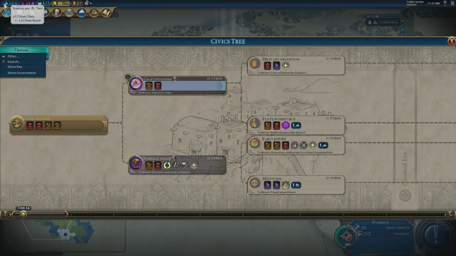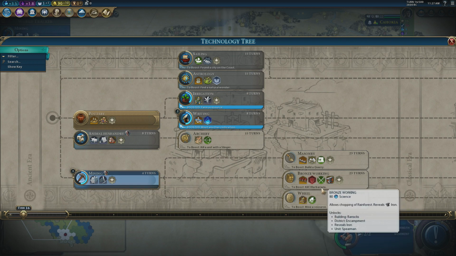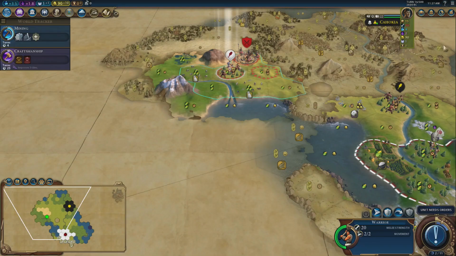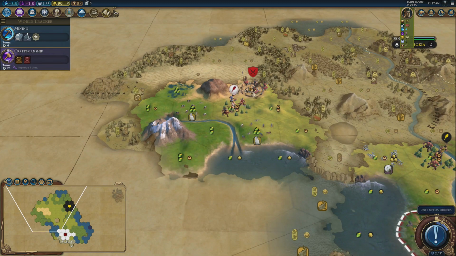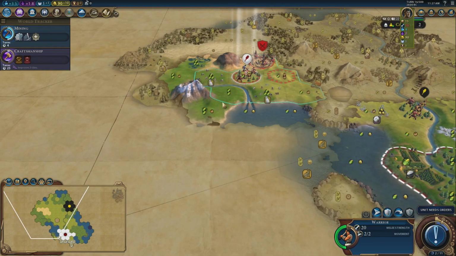Clear a barbarian outpost for military tradition, so you do want to keep an eye on that one. And then kill 3 barbarians for bronze working, which again is quite important on a jungle start. But this warrior is going to be a little bit of a pain to fight, and I would rather...